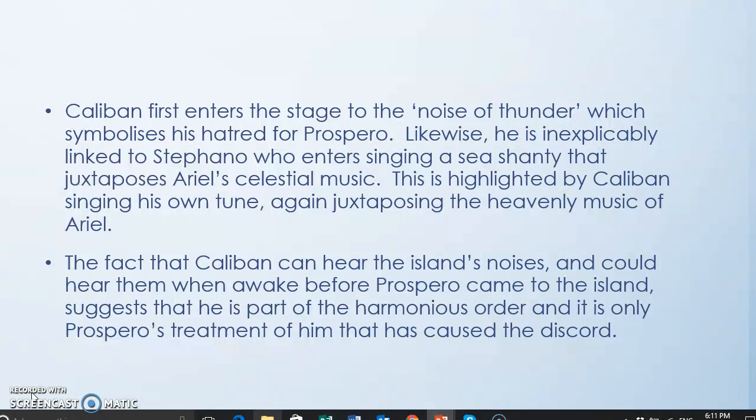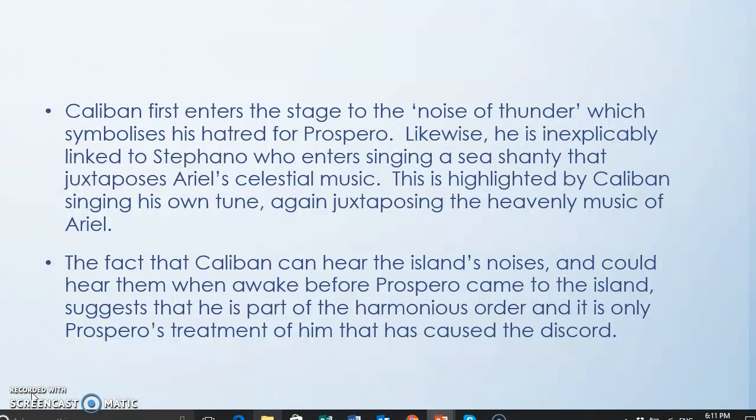When we first see Caliban, he enters the stage to the noise of thunder, which is symbolic of his hatred for Prospero and parallels the sound of thunder that came with the Tempest. He's also linked to Stefano, who enters singing a sea shanty that juxtaposes Ariel's celestial music. So that